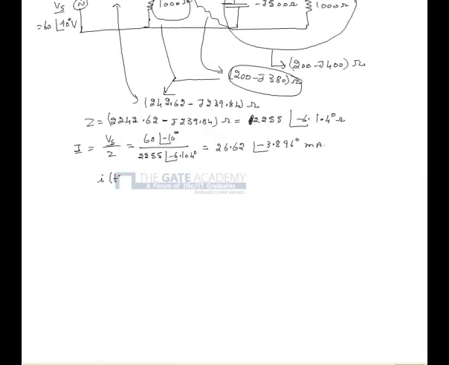In time domain form, the current delivered by the source i(t) can be written as 26.62 cos(200t minus 3.896 degrees) milliampere. From the given options, we see that the correct option is